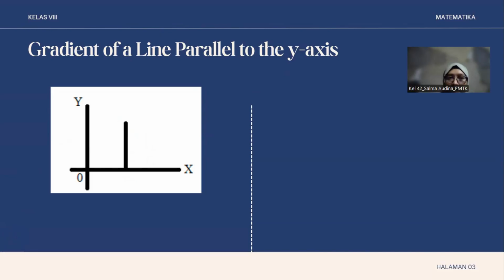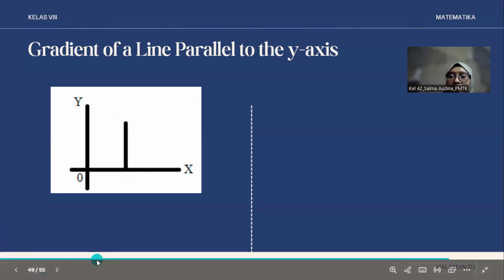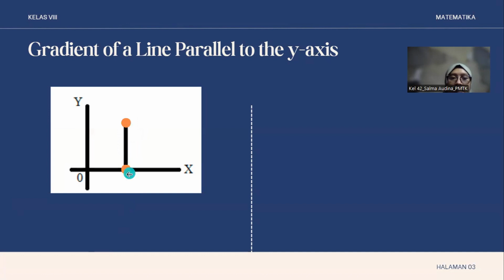The fourth formula is for the gradient of a line parallel to the y-axis. Let's see the picture. This is the line, and this is 2 points on the line. We can see that there is not a horizontal